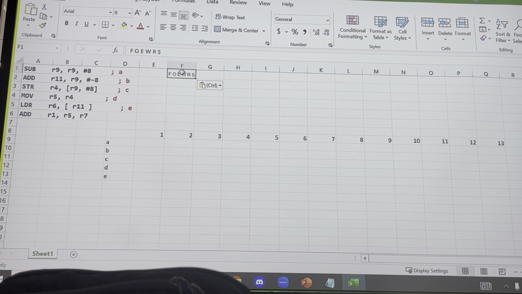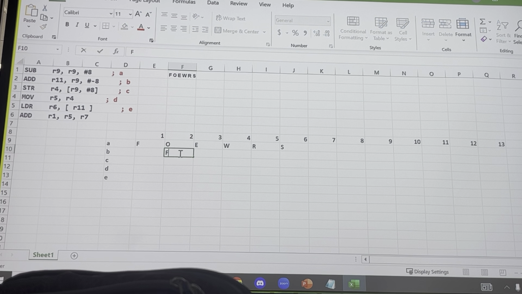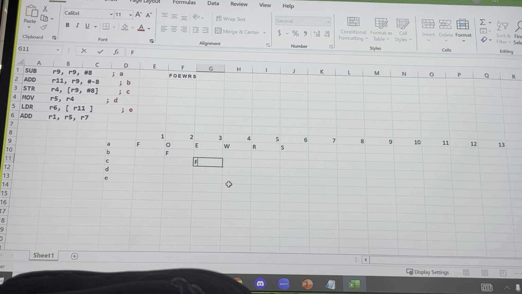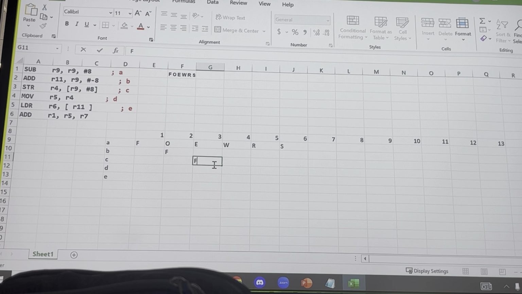I'll bold them. So what? F, O, E, W, R, S. Super easy on the first one. Now, there's no forwarding in here. None of these can send information to the next part of the pipeline, and you can't read them right at the same time. This one is going to be F. Can we immediately just put F there? Not necessarily, because we might end up having to wait. We may be able to see really quickly that we do or don't, but don't automatically go 3 down and put F there, because you may not get that. But F definitely starts there.